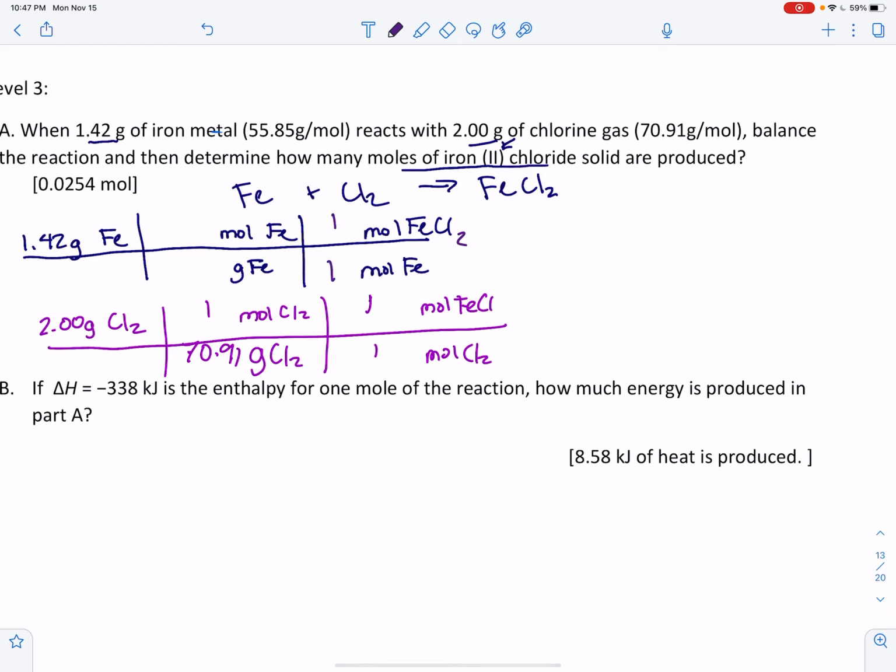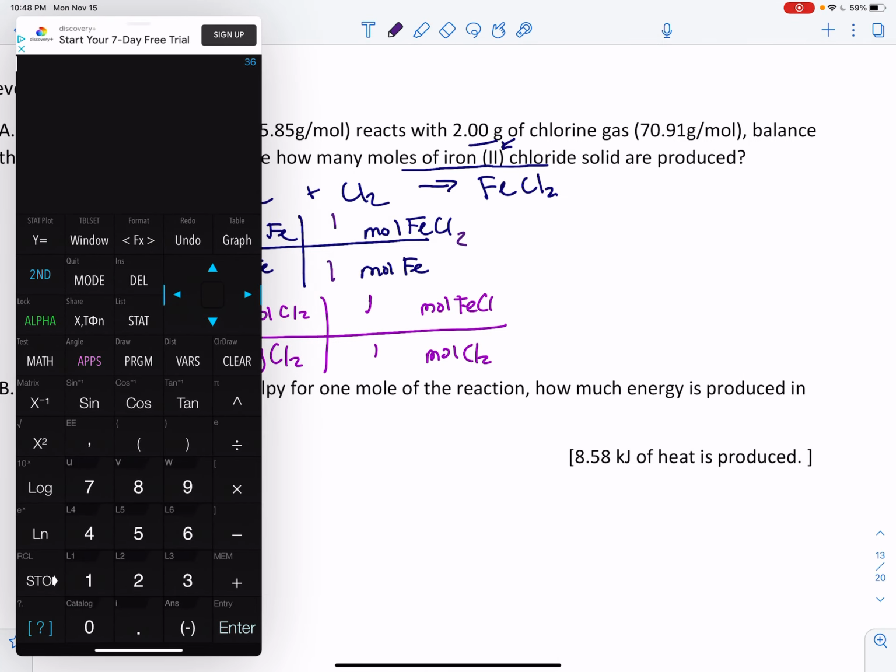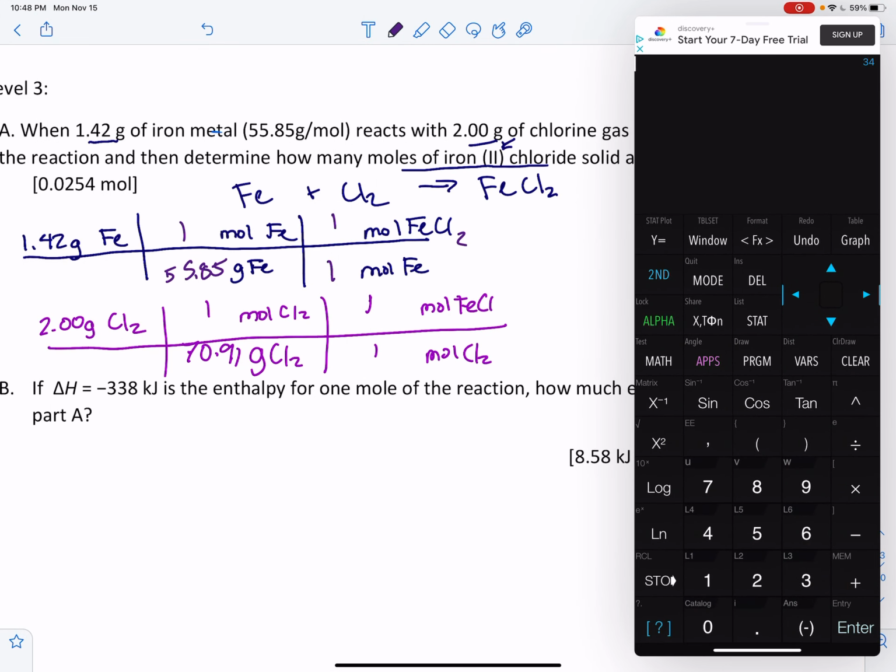So that's 1 to 1, and then this is 55.85 in 1 mole. So now I can use my calculator, and I can do 1.42 divided by 55.85, and that gives me 0.0254 moles of FeCl2. And the other one is 2,